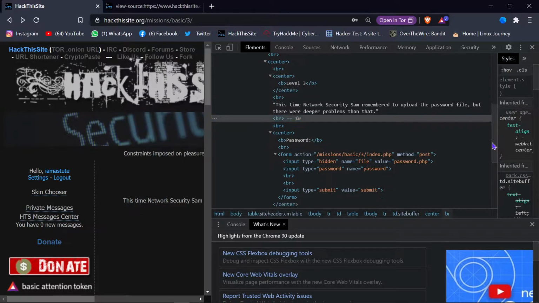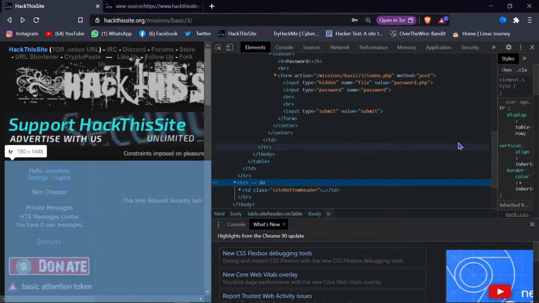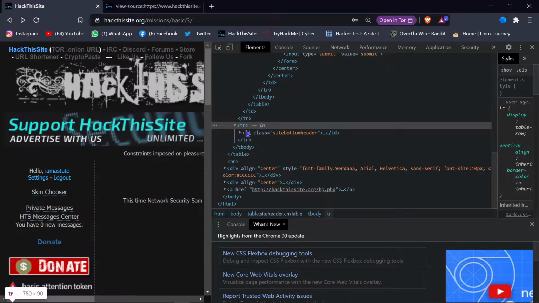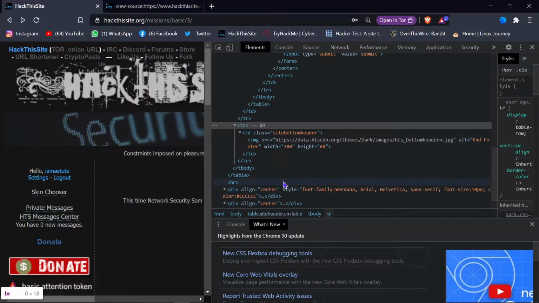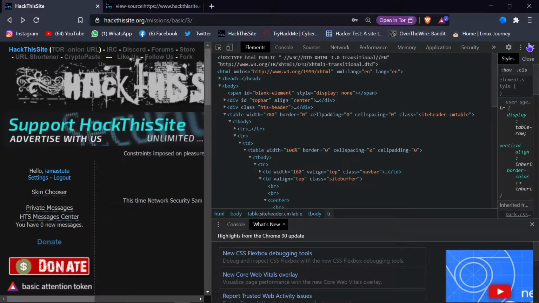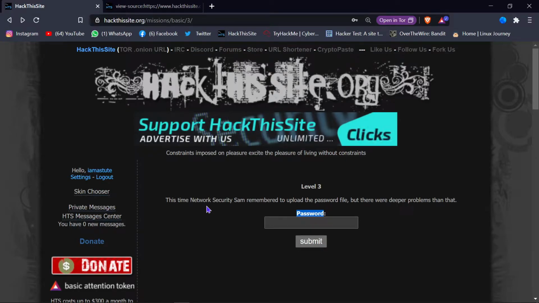Let's go down, because it totally depends on how sharp you are at finding what's going on. I'm just figuring out how I can get the password for this site. So let's submit.